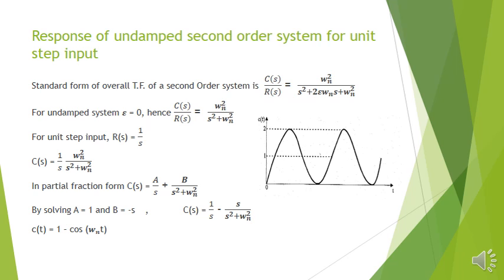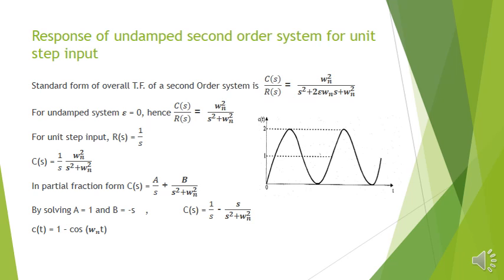Now we will consider the standard form of the overall transfer function of a second order system, which is of the form C of s by R of s equal to omega n square divided by s square plus 2 zeta omega n s plus omega n square. Now we need to find the response for undamped second order system. Undamped second order system means zeta value is 0 or roots are imaginary. Now for undamped system where zeta is equal to 0, then the transfer function becomes, if I